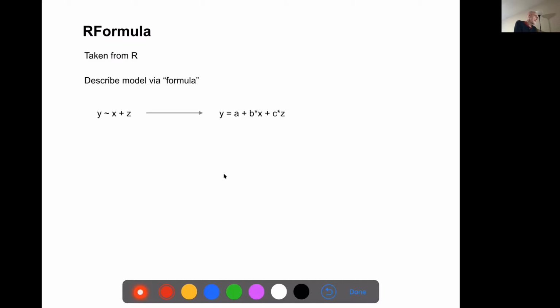So basically, there was this little language they use to describe the model. And so we're basically saying, right, this tilde says, look, y depends upon x and z. And you're basically saying that y is equal to some constant plus b times x plus c times z.